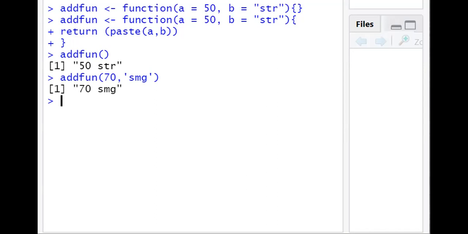We can write nested functions also. Nested functions can be created in two ways. We can call a function within another function, or we can write a function within another function. Both are allowed. In many languages, writing a function within a function is not allowed, whereas in R, we can write one function within another function.